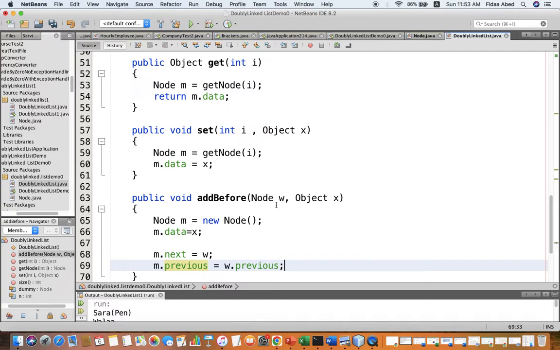I want the previous node of the new node to be the previous node of w, because I want to make the new node between w and the previous node. So with this I fix the links for the m, but still I need to fix the link for w. So w dot previous, before it was pointing to the previous node, but this should be changed because now the new node m should be the previous node. So now the previous of w should be m,